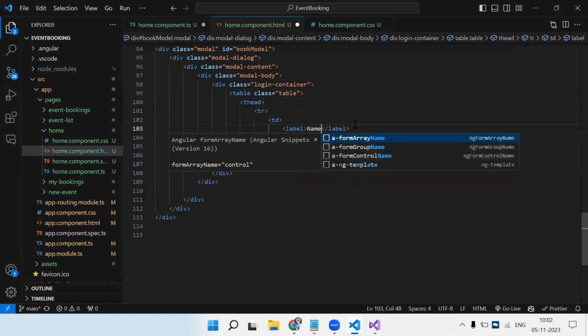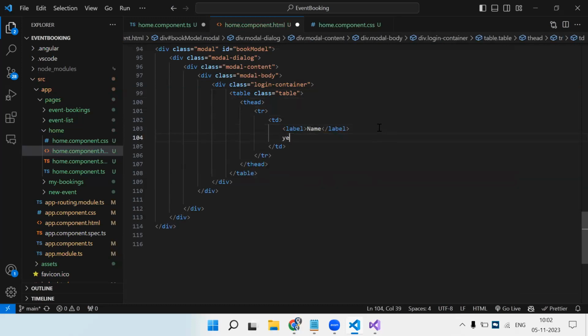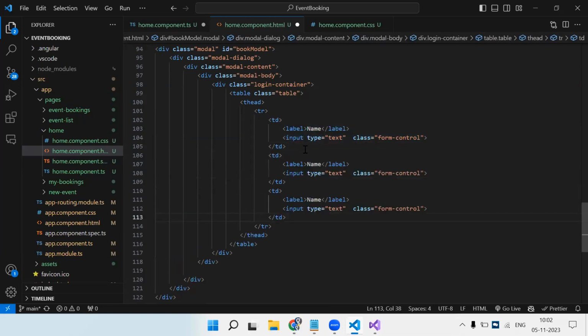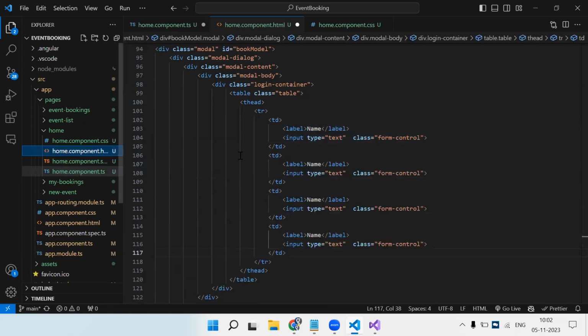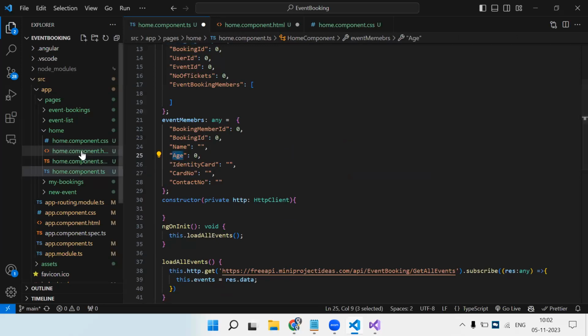Name, then we will have a text box. Class form control, right? So like this, four elements we are going to need: name, then age,